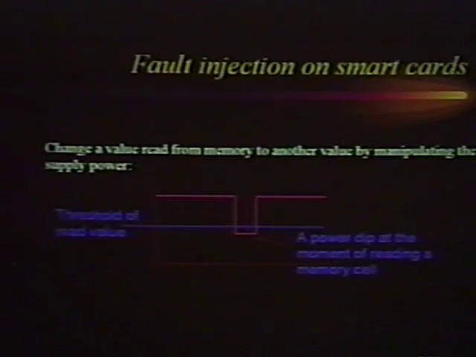And you can use this also to retrieve keys. A very simple example would be whenever you verify a PIN code, there is some point of time in the software that the software decides the PIN code was good or the PIN code was bad. If you're able to make a manipulation at this very moment, you can make the software believe that it was good while it was bad. Is that clear?